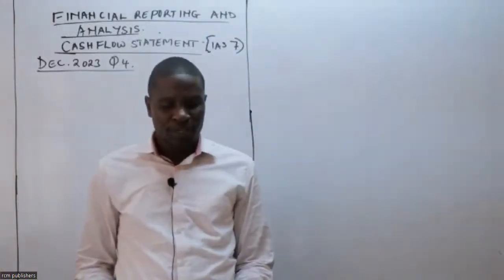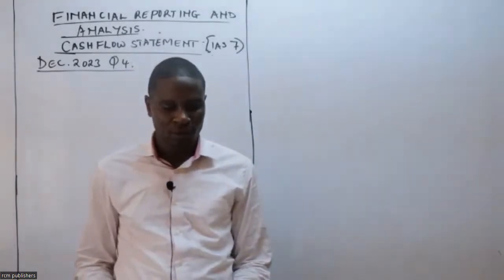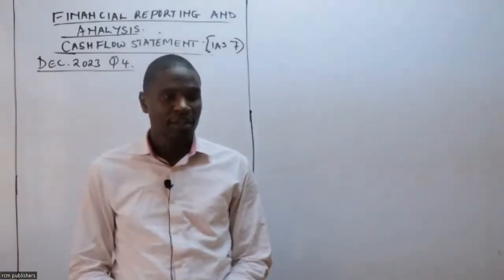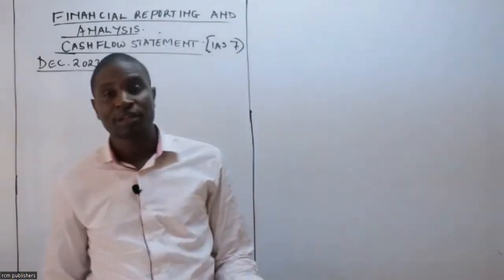The following financial information was extracted from the accounting records of Bundo Limited, a public limited company. You can see the statement of financial position as at that date. Then we have been given the statement of comprehensive income for the year ended 31st October